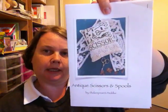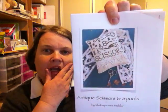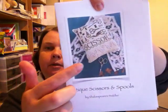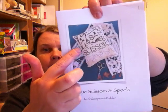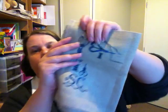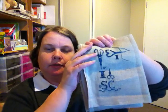The next project I just added a tiny bit more to. I'm working on Shakespeare's Peddler Antique Scissors and Spools. When I showed this last time, I've got S&C, yep. That spool, that pair of scissors, and that pair of scissors. And I've just added another pair of scissors at the top here and the other spool. And I'm doing this,